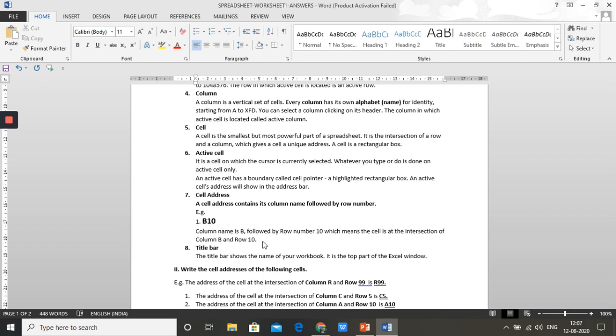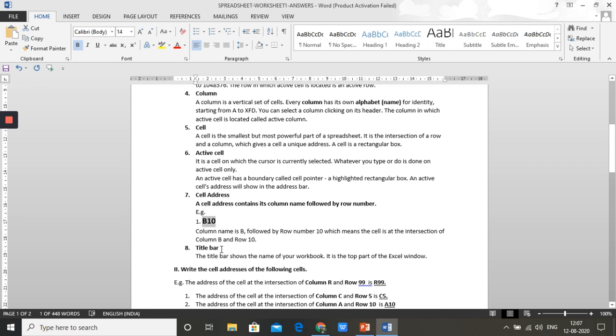So that's why some of the things have been repeated, just to make sure that you get the concept correct. Example B, the alphabet B followed by 10. The column name is B followed by row number 10, which means the cell is at the intersection of column B and row 10. This is the cell address. B10 is the cell address. Always alphabet first, that way you remember, followed by row number.